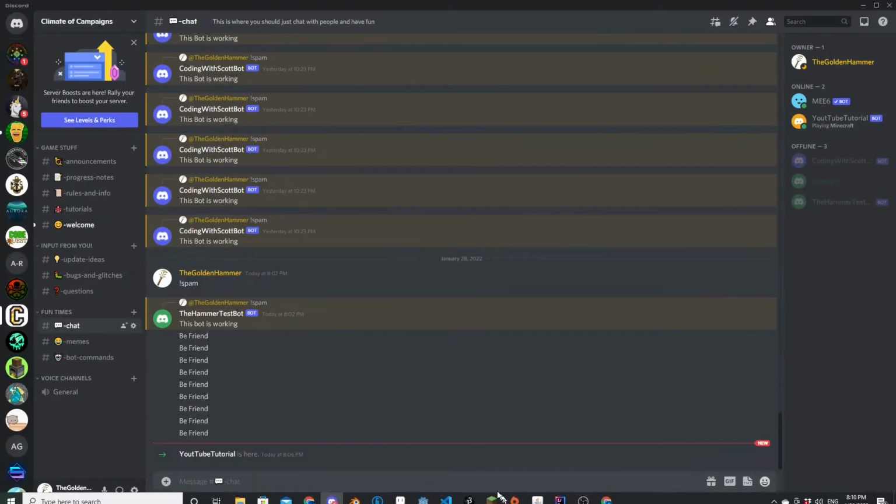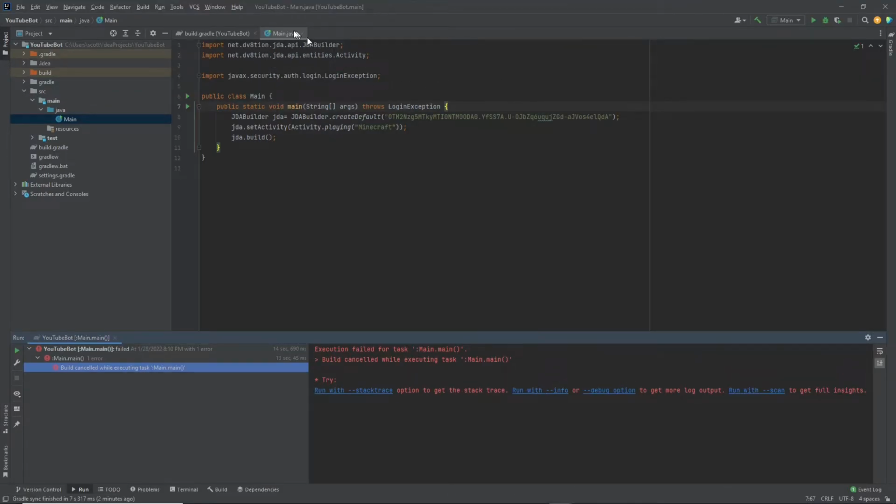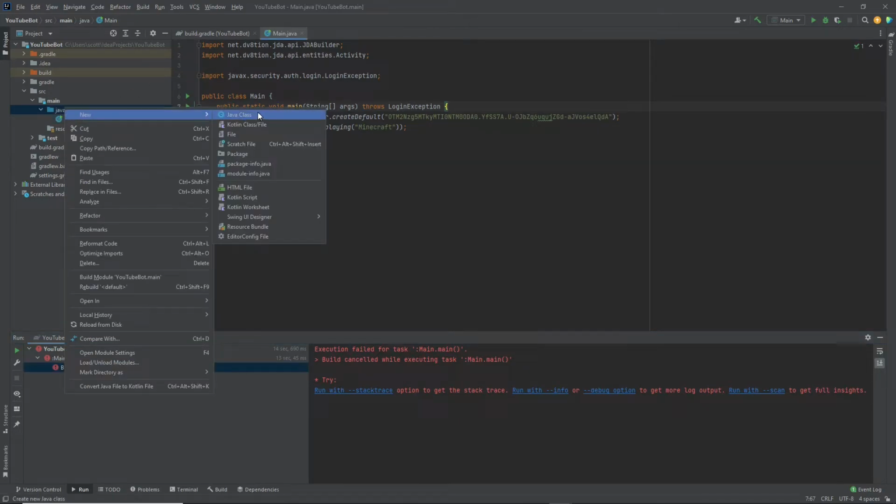And as you can see, it's right there. Now what you'll see when it loads up is all this red. You might think it's an error, but it's just finished loading, so that is okay. I'm going to close that out, and then I'm going to make a new class, a new Java class, and we're